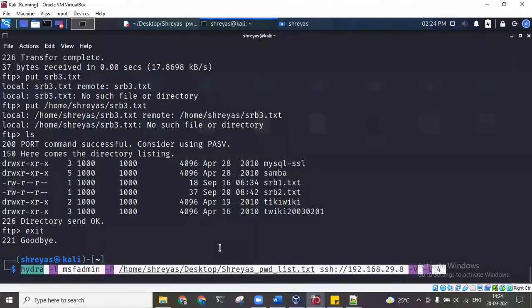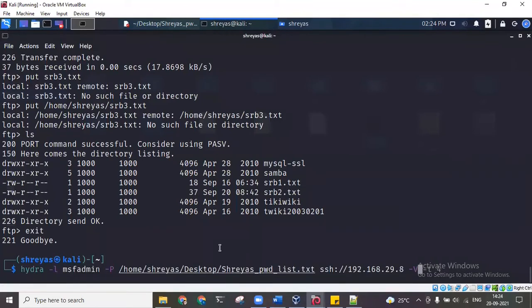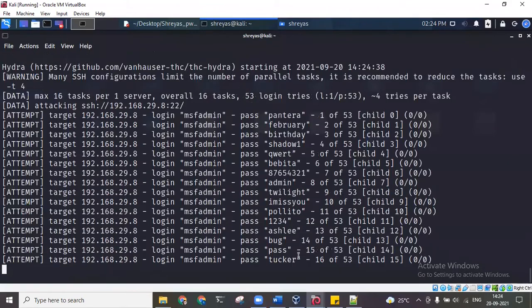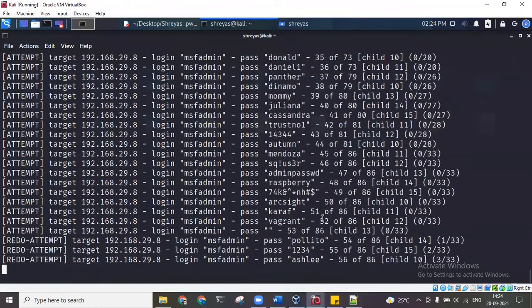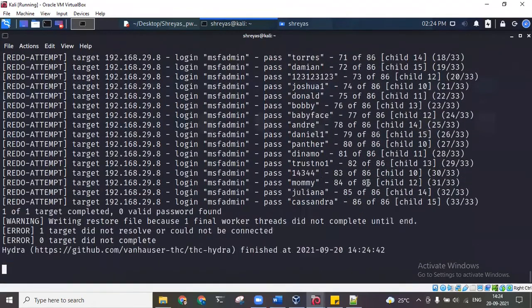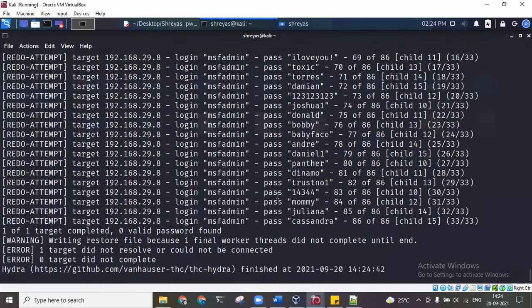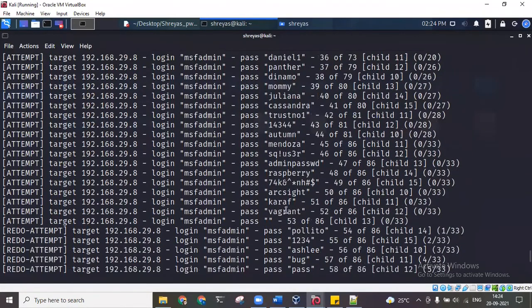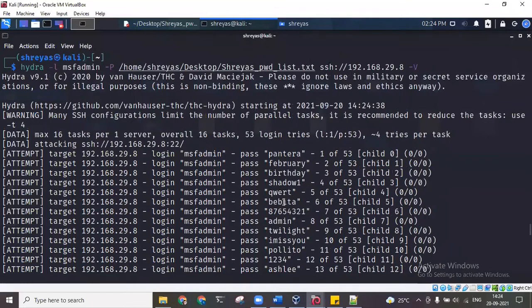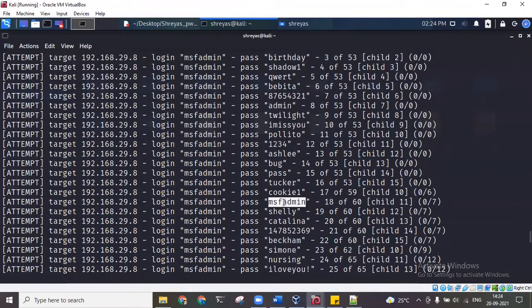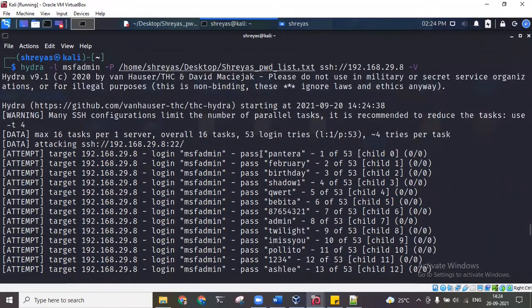As of now, I will remove the -t 4. I will just keep -t, and at a time 16 combinations are sent. But did we get the password? We didn't get the password. Even if the password was present, I show the password here. Yeah, the password is present over here. Still, it was not able to crack because it tried so fast that it was not able to get that.